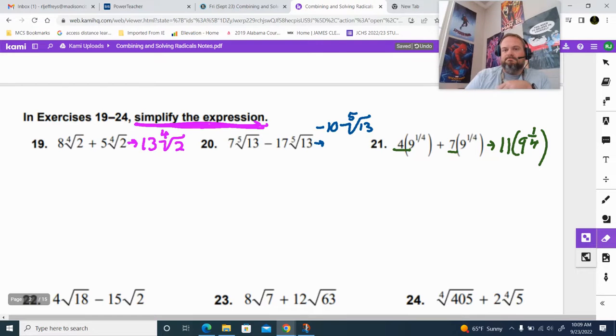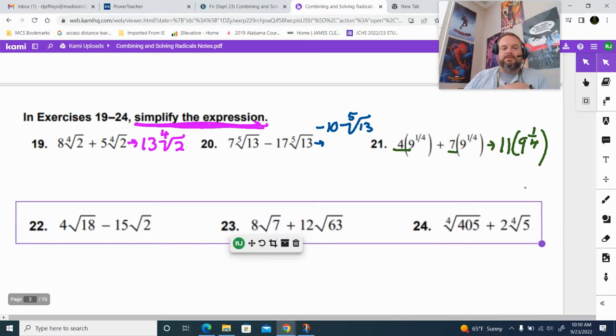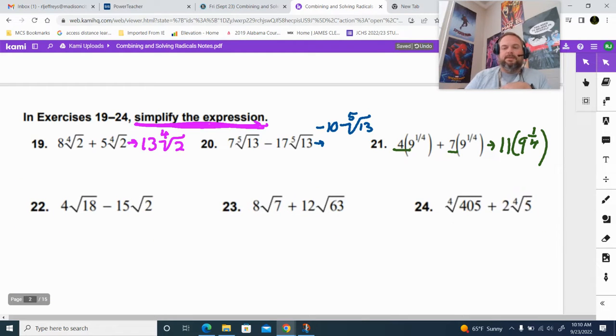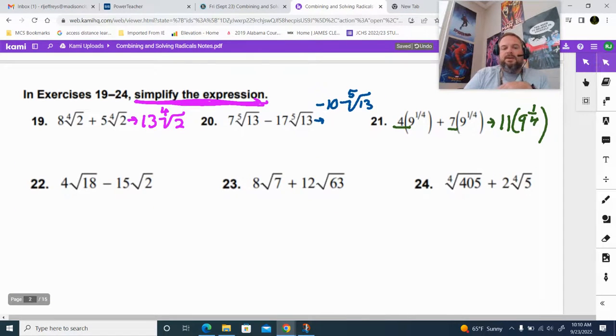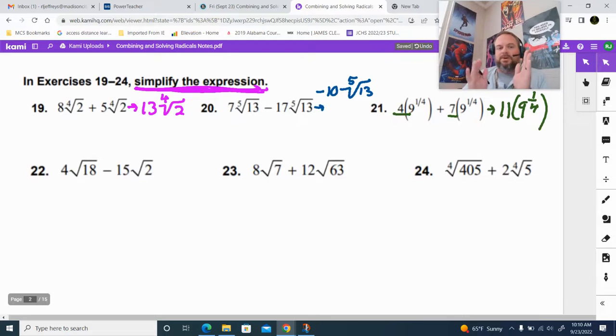All right. Good so far. All right. So let's look at these right here. Now, we're going to use our,